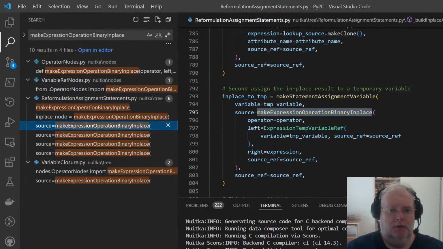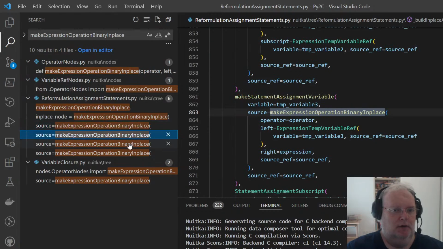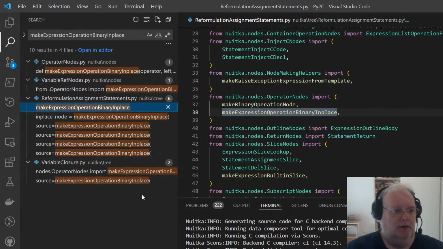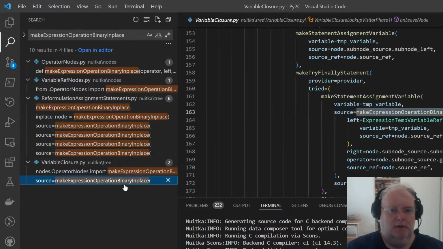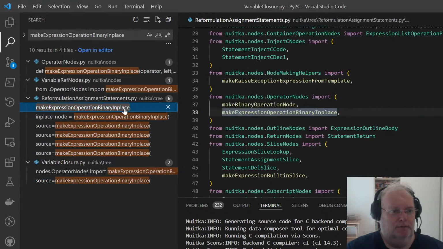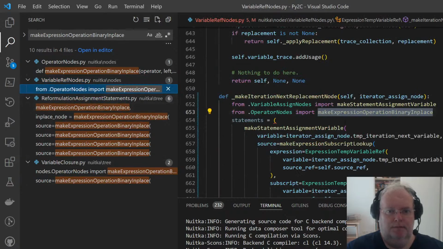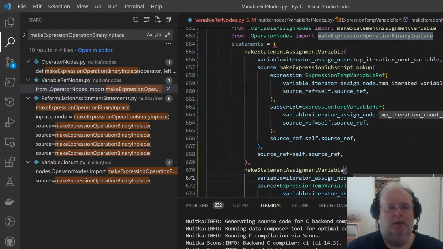Okay, so in place to temp, that's for assignment, isn't it? Binary in place. Yeah, for in place assignments. Let's use that. Make expression, because it's an in place add.